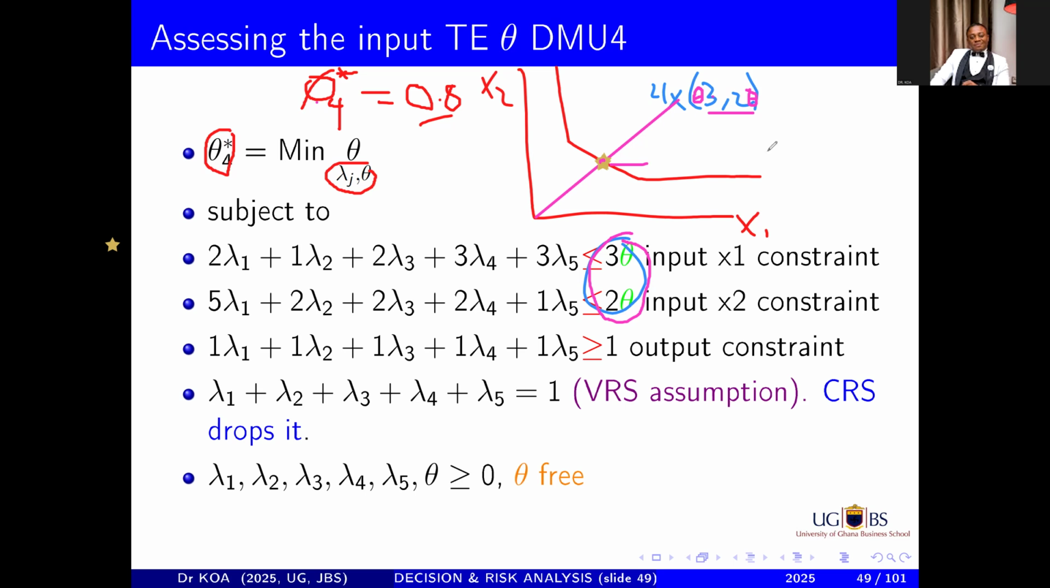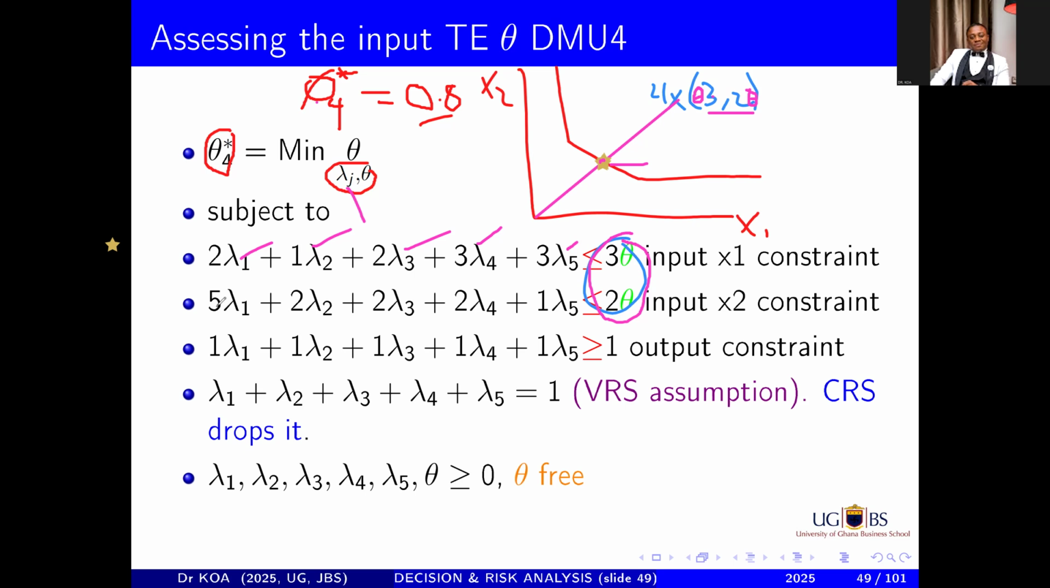But how do we get theta in the first place? We can get theta through this optimization process by first minimizing theta, subject to the constraint that we should find the lambdas, the weights assigned to each DMU. And remember, I am just doing it for DMU4 now. So for this DMU4,